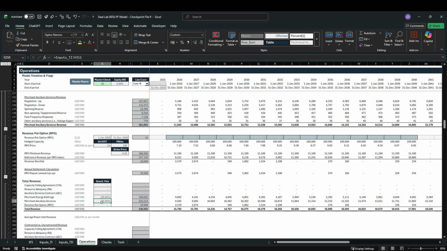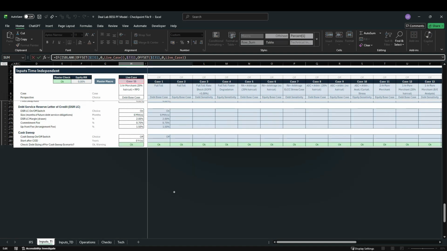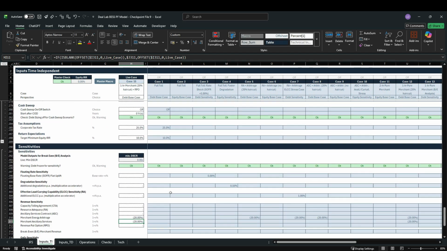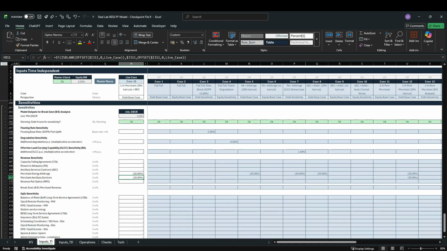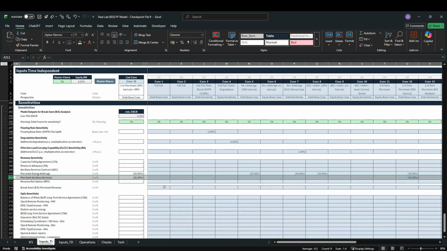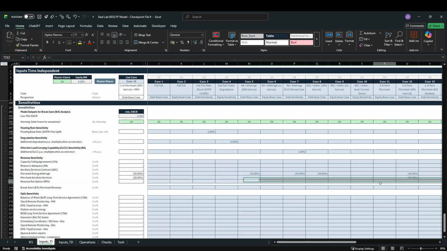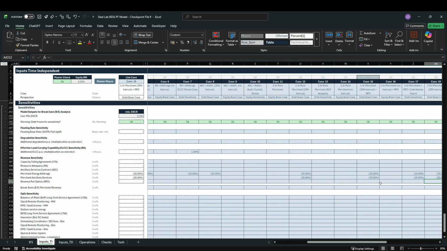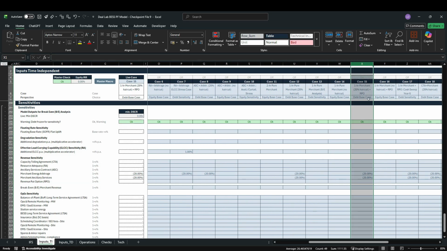And if you jump to the inputs time independent sheet, the reason being for that is that down here in row 311 and 310, we have a sensitivity for case 15, which is currently on, where we haircut 20% of merchant energy arbitrage and merchant auxiliary services,